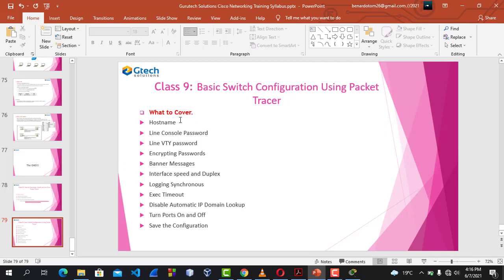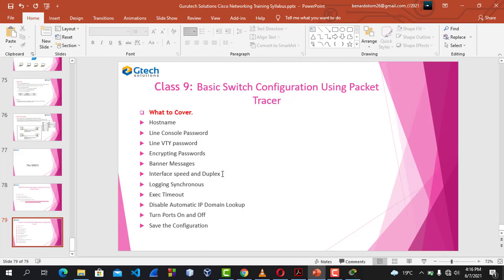We will learn how to configure the host name of a switch, configure the line console password of the switch, line VTY password of the switch, encrypting these passwords, then configure the banner messages in the switch, and also interface